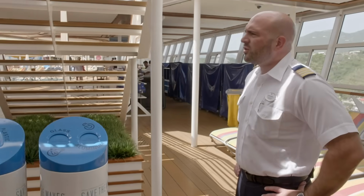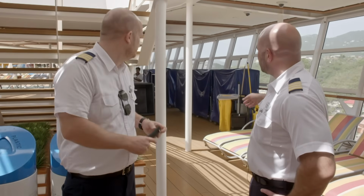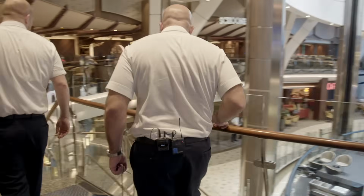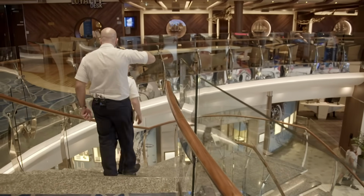Give a quick call to the pool SCS. If they're not using, I want to make sure that they store it away. Good afternoon. To give the world's largest cruise ship a competitive edge, Fernando favours a personal brand of service where no detail is ever too small. This is looking good. When our guests leave, we want them to feel that they really take something with them